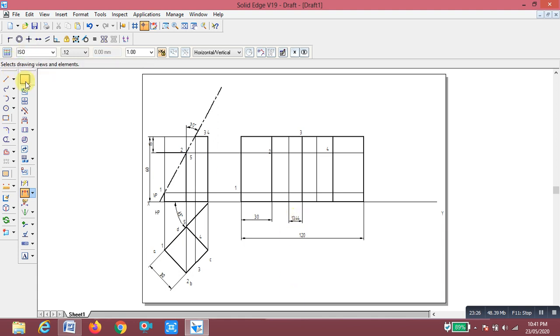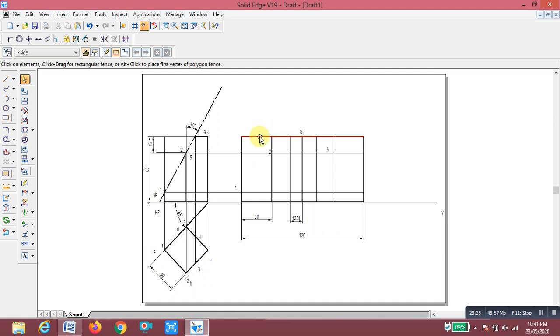Similarly the distance between this side and this side is again 12.31.